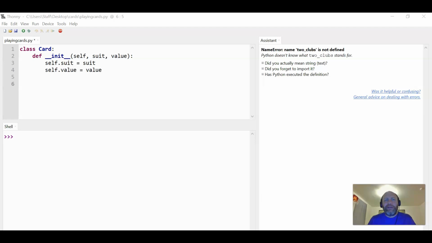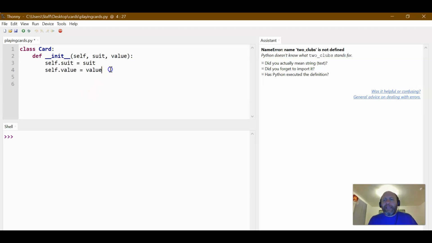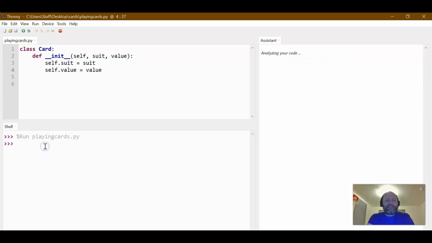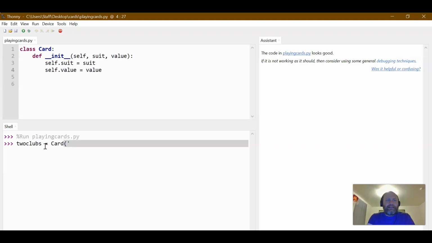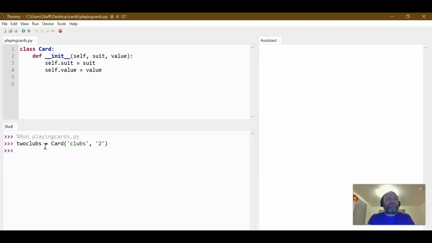It's not a ton of code, but it's kind of difficult conceptually with the self stuff. It's a little bit different than what we've been doing before. So now what we want is to print this. So let's say I run this. I have my two clubs. It's a card, and it is a club, and it's two. Alright, so now if I said print two of clubs,